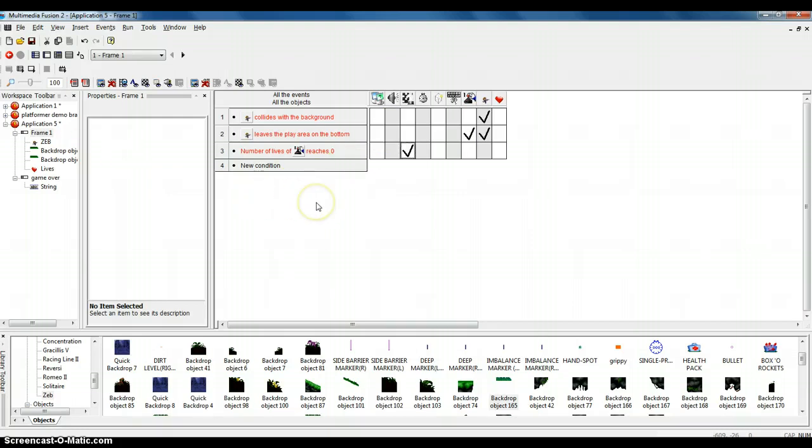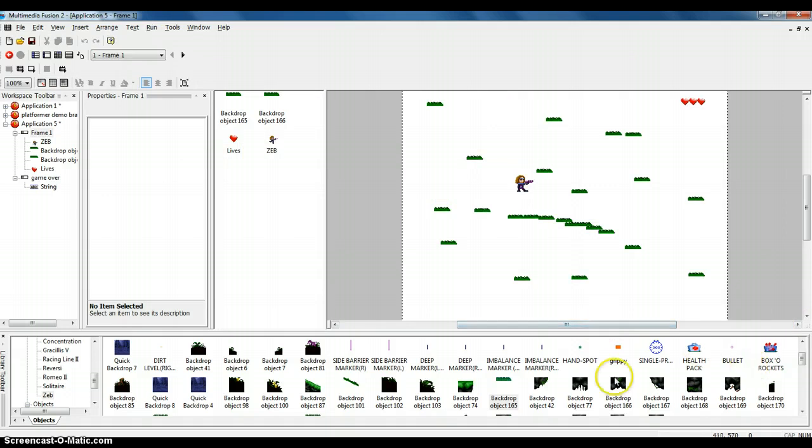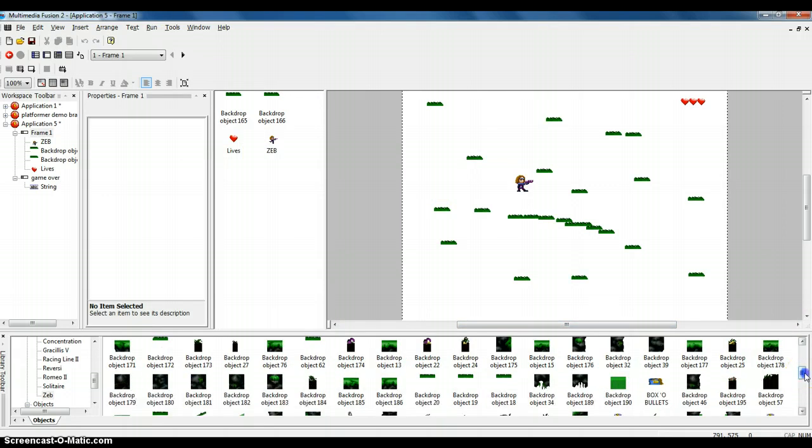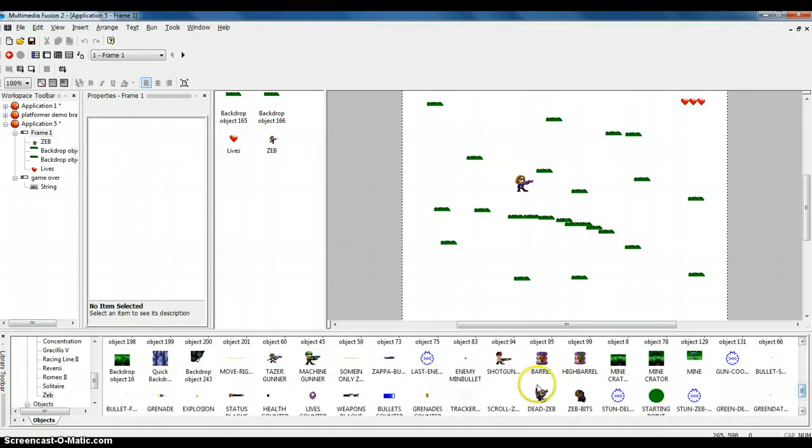Okay, so at this point, what we need to do is create an enemy that you can combat with and that shoots at you and you shoot at him. So let's go back to our frame editor and let's just scroll around in the Zeb game and let's have this, how about the machine gunner? He looks vicious, and let's set him over here,